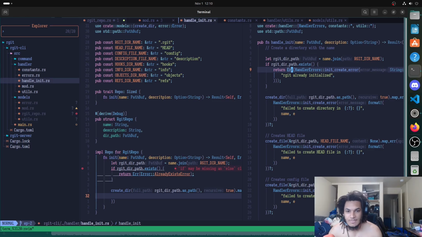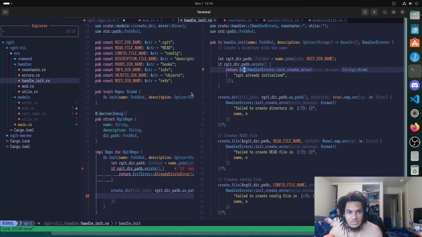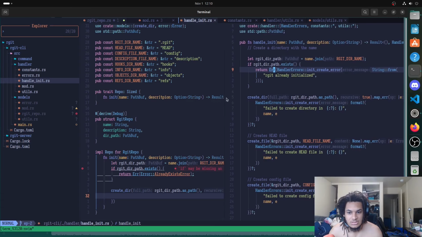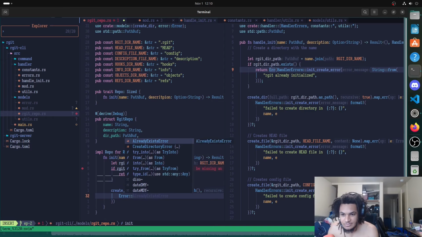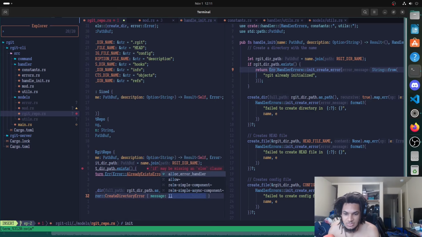Let me see how I did this. So I mapped it like that, and we'll just end up returning an error, the create directory error, and the message will be